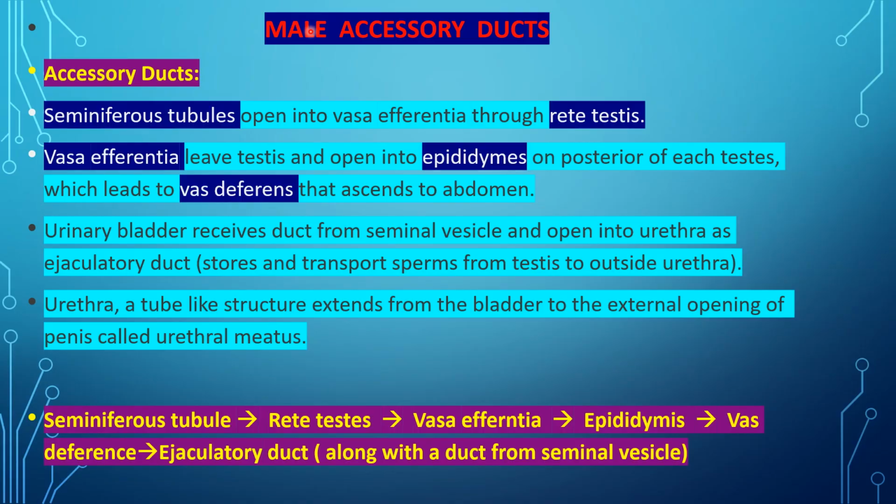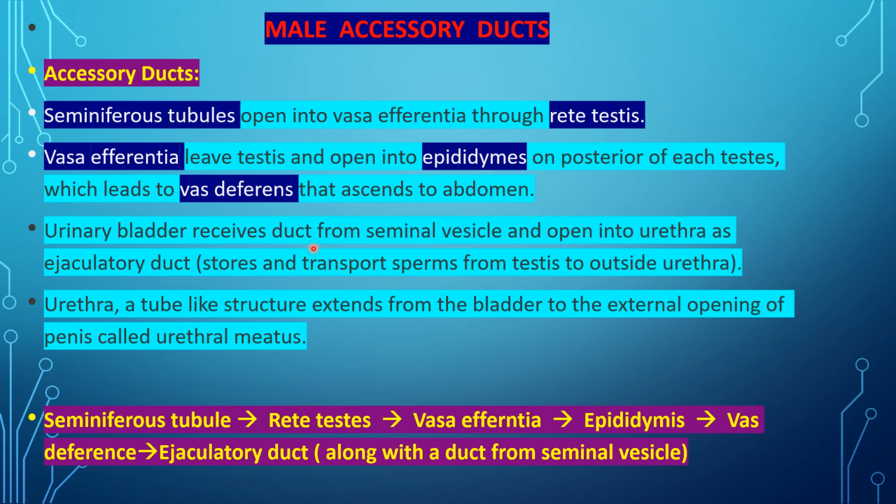Next we'll see something more about the male accessory glands. The seminiferous tubules open into vasa efferentia through rete testis, and vasa efferentia leaves the testis and opens into epididymis on the posterior of each testis, which further leads to vas deferens that ascends to the abdomen. So this is the connection between the ducts. And the urinary bladder receives a duct from the seminal vesicle also, and it opens as the ejaculatory duct,